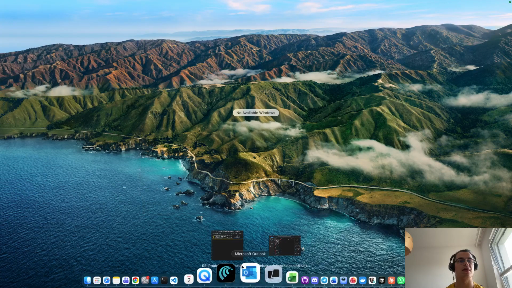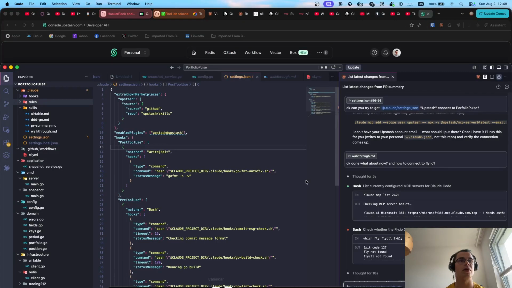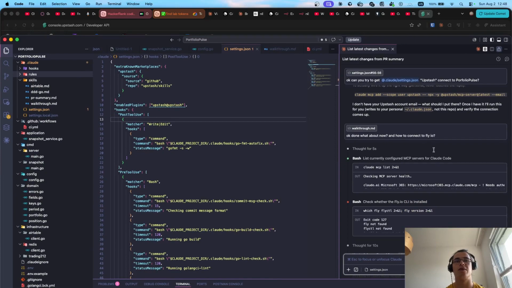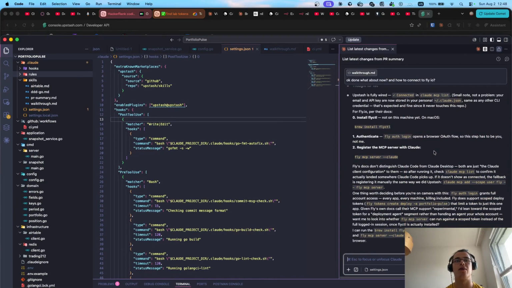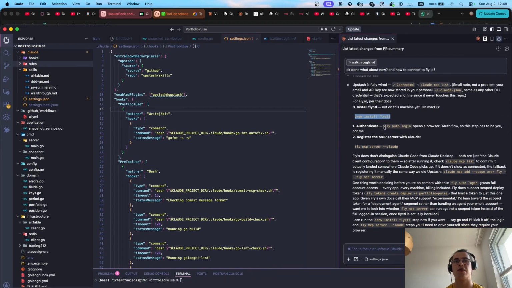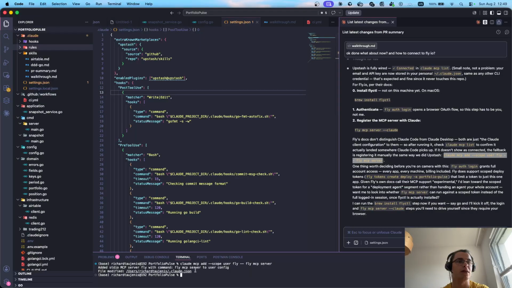And what comes next? Go back. So next thing is for fly.io. For that I needed to brew install it, fly auth login, then I would get an auth page. I paste in the code, and now with this one you can register it. So for example, if I run fly MCP scope, just copy this one, and as you can see it's